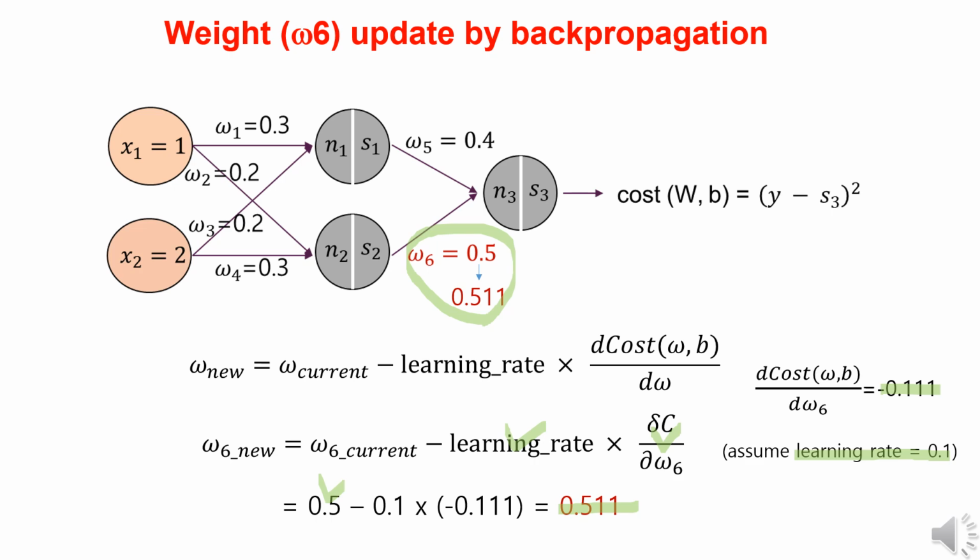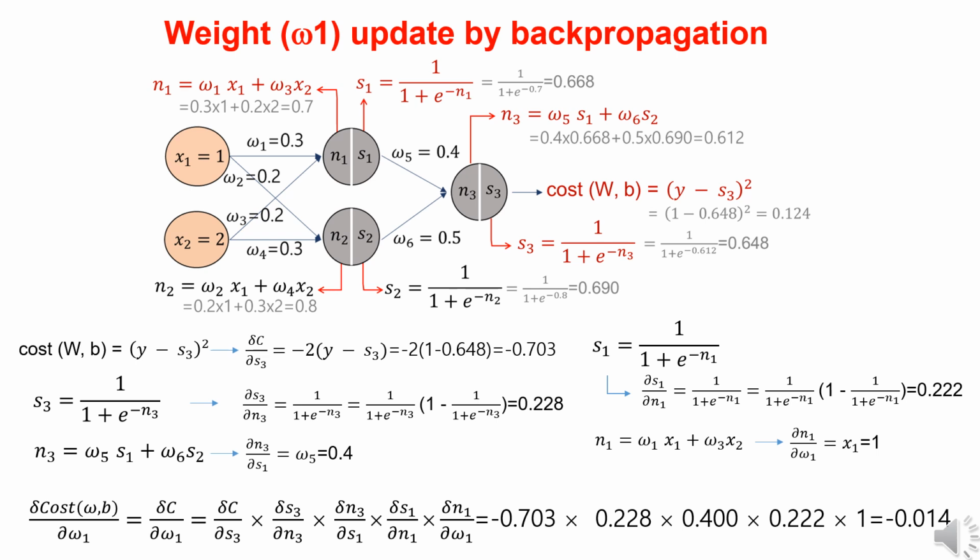Next, let's look at the process of updating the weight omega 1. Using the chain rule, the partial derivative of the cost function with respect to omega 1 can be calculated as the product of the following. The partial derivative of the cost function with respect to S3 is negative